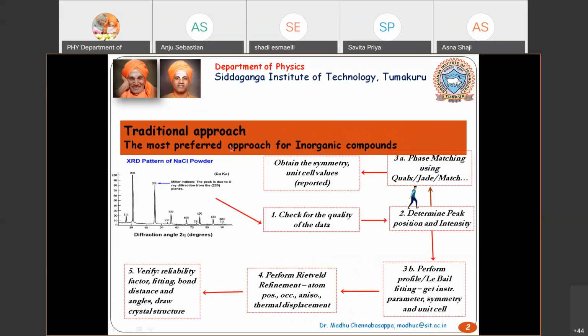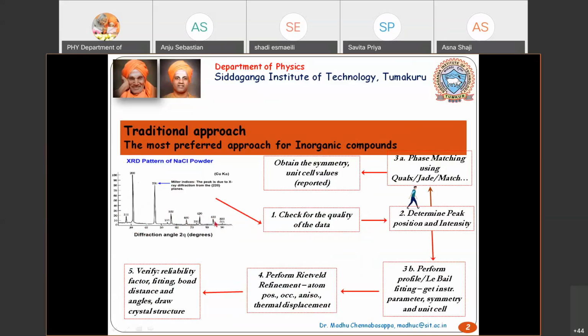So this is the traditional approach; we are not going through the other one. For the traditional approach, we collect data on our sample, then we check the quality of the data. Quality of the data means you should have good intensity, less noise, and a better signal. And also the resolution, in the sense that if there are two peaks very close to each other, they should be easily